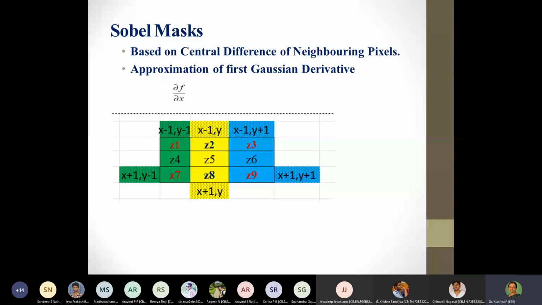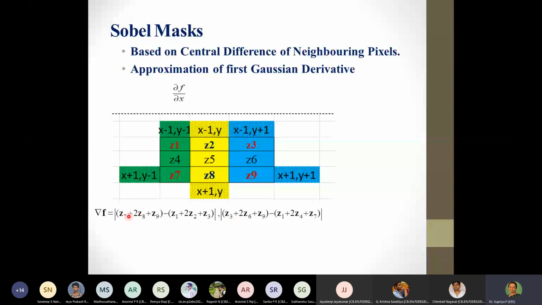So what happens in this particular case? Please note, I have specifically put for this particular region as we have got Z2, Z5 and Z8 as a difference element. So what has been considered here is directly the gradient has been shown, which means this gradient is for dou f by dou x and this particular gradient is for dou f by dou y.